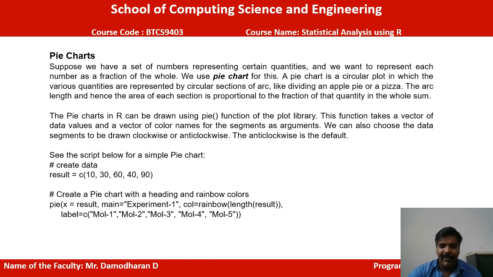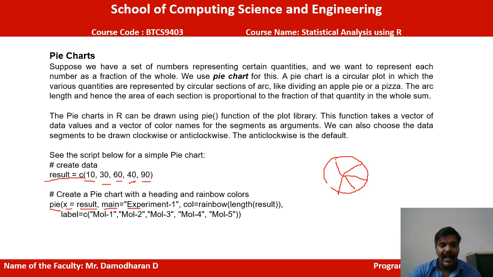From this example, we will calculate the range. What is the value to divide? 10, 30, 60, 40, 90. So the circle is divided into 5 pieces based on the range. 10 will occupy a particular area, 30 will occupy its exact area, then 60 will be based on the range, and they will fill the range up. These pieces of the range are divided, and then the pie chart results will be printed.